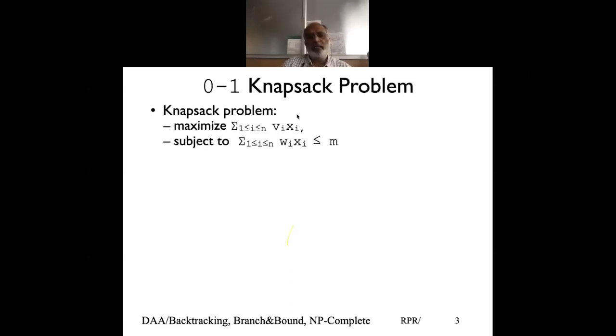Like I said yesterday, if I'm packing my suitcase, my items are my dresses. Either I take my shirt in full, I don't take it cut in half, and take only the collar or the pocket. I have to take it in full. So there is nothing called partial knapsack. So either we take the item in full or we don't take the item, subject to the capacity that I cannot exceed the capacity of the suitcase, which is M. And what we want to achieve is to maximize the value of items that we are putting in the knapsack.